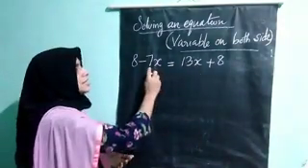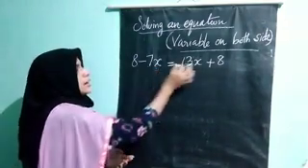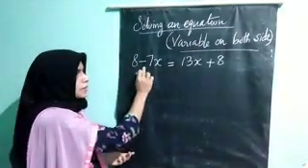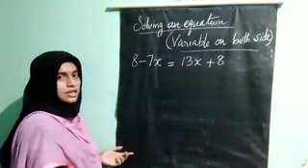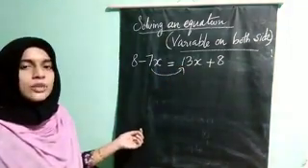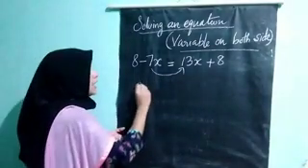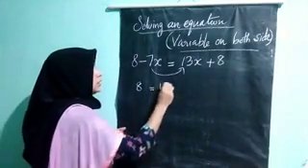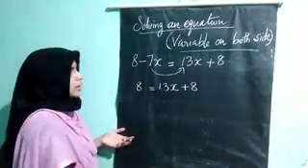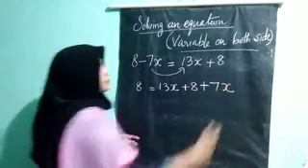So here you can see minus 7x here and 13x here. So when you transpose 13x to this side, it will become minus. Here minus 7x, minus 13x you will get. So I am taking this minus 7x to the other side. So it will become plus. So our variable will become plus. So 8 already there equal to 13x plus 8, which is already there. Now minus 7x taken to this side, so it will become plus 7x.